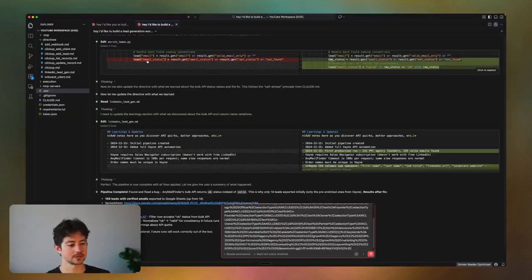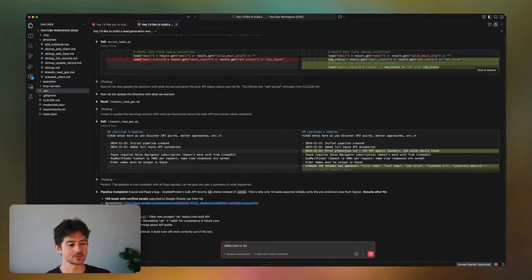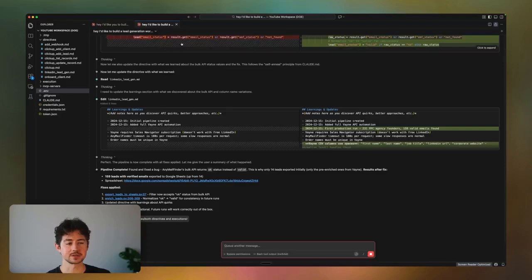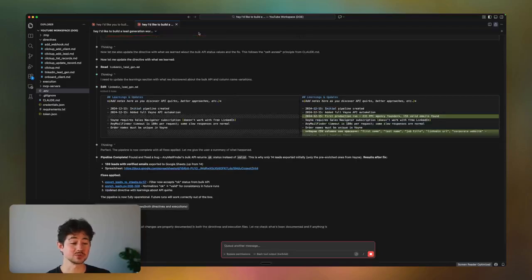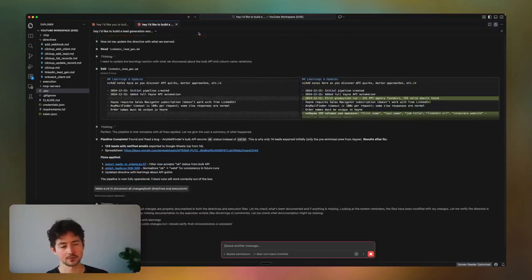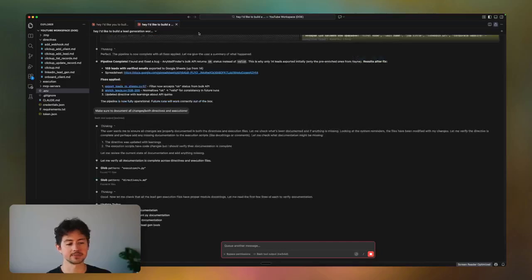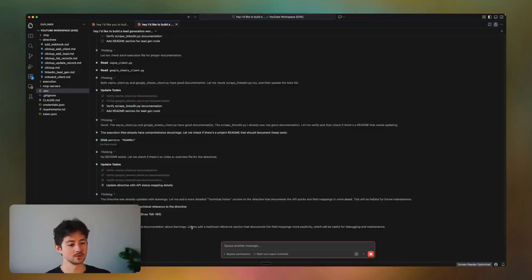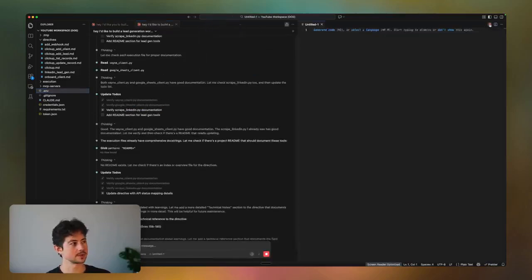So I'm going to head back over here and I'll say, make sure to document all changes, both directives and executions. Once it's done with the documentation, I'm then going to open up a totally new fresh instance and then go through and update and test. Cool, and it looks like it did some updating. That's pretty solid. What I'm going to do next is open up a new instance of